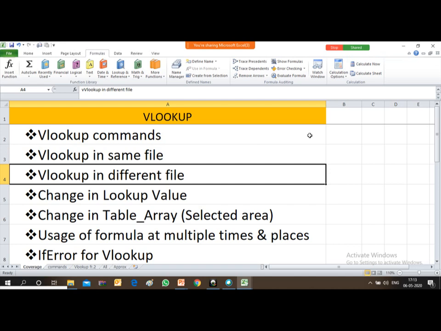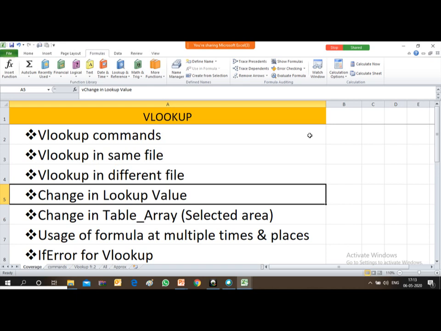What precautions you will have to take under these three scenarios, we will discuss during the session.